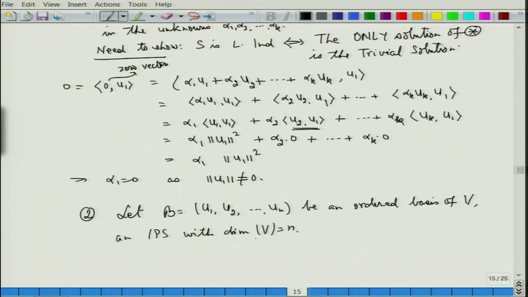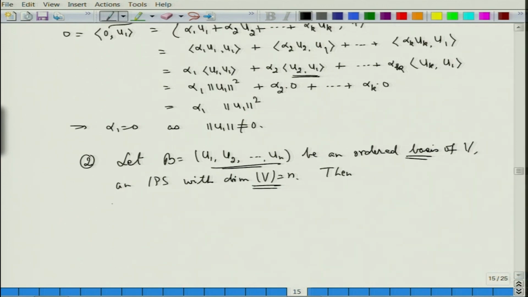Since the dimension of V is n, this is indeed a basis, therefore I wrote it as an ordered basis. Then for any v belonging to V, if I want to compute the coordinates of v, alpha 1, alpha 2, up to alpha n, I need to find the alpha i's